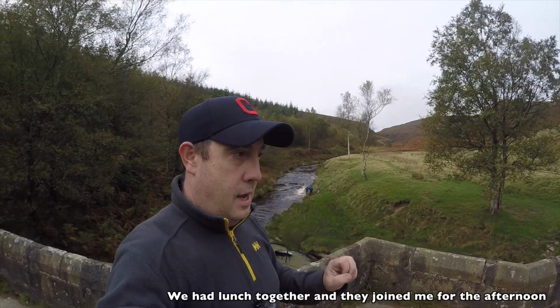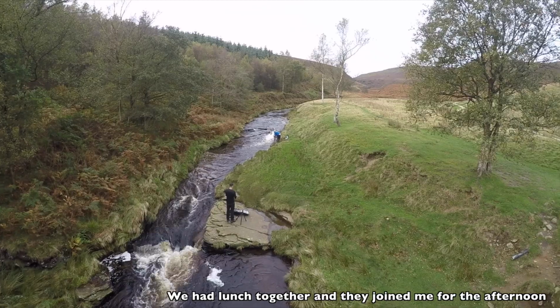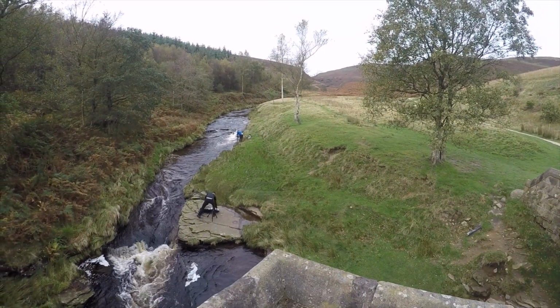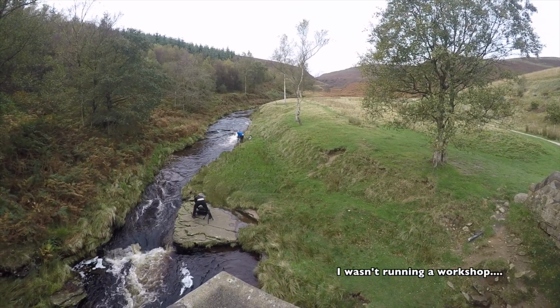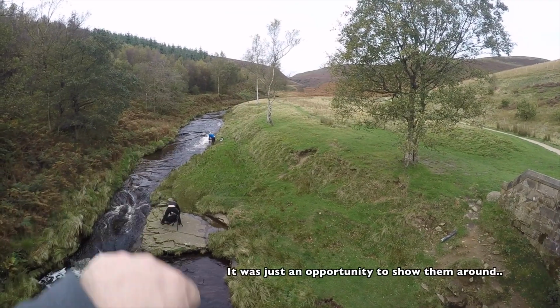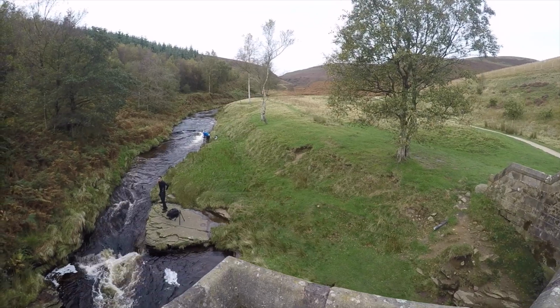It's now after lunch. We had a great lunch with the Lady Bower Inn, and we've walked up from Howden Reservoir, and we're at the top of the valley, which is behind me here. You can see I've not got my camera out. I'm actually with 3 people today. If you look down there, the lad in black, James Abbott, he's a freelance photographer and journalist. Used to work with Practical Photography magazine, and you'll see lots of his articles in a lot of the photography press. And that guy with his bum out, Andy Watkins from Saffron Walden,